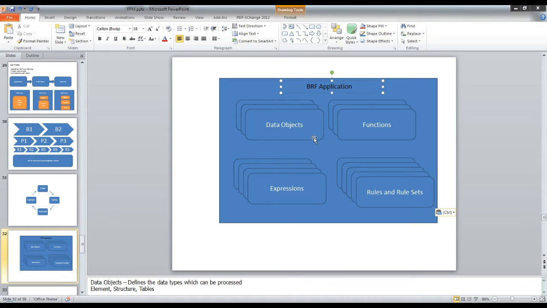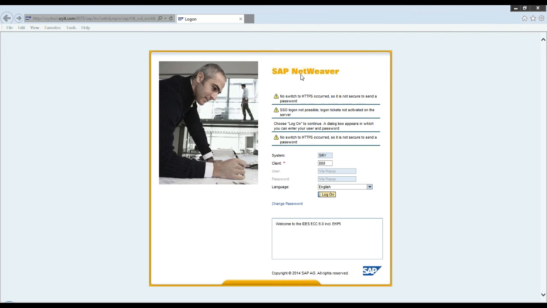Now these entities can directly be created underneath an application, or they can be part of a catalog of an application. Inside an application, you just create a package kind of thing. That is called a catalog. Inside the catalog, you will create these entities, or directly you can create them under the application also. So you can see our WebDynPro workbench for BRF is starting right here. I just say login, and it will start the BRF workbench for us, where we can actually define our business rules.